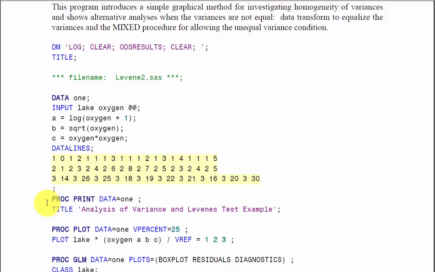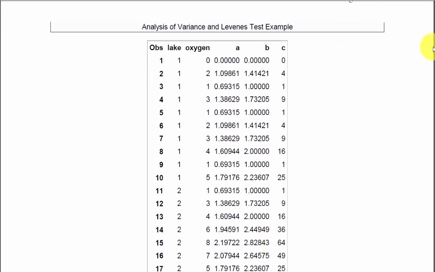We talked about the print procedure before, and so the print procedure just prints the contents of the data set. The contents of our data set has changed. Not only does it have lake and oxygen content, but now it also has these values A, B, and C. And so if we page down, go to page 2, our original data set is modified in that